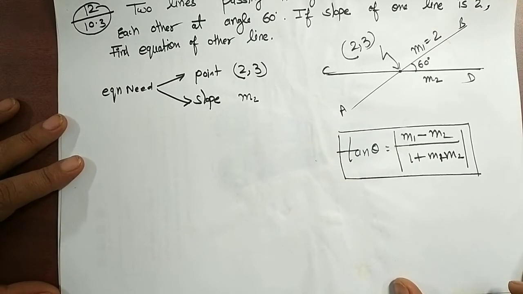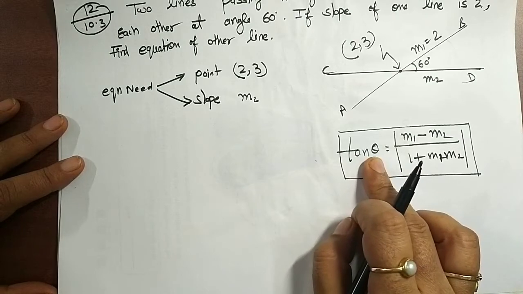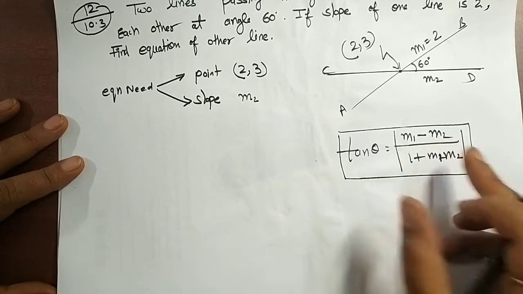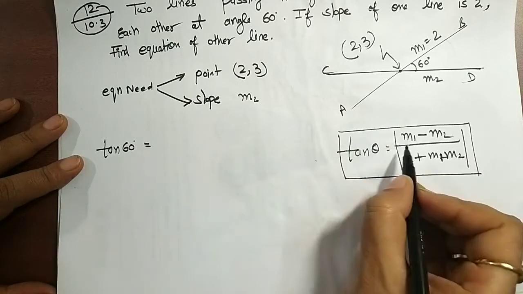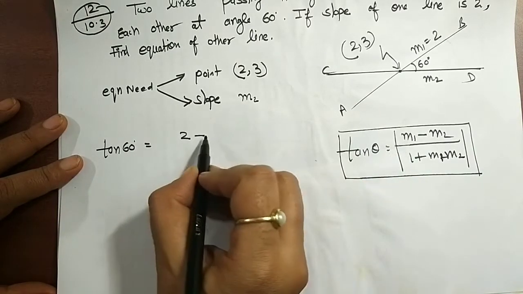Theta is given as 60 degrees. M1 is given, only M2 is unknown. So let me write it down. Tan 60 is, with M1 being 2,